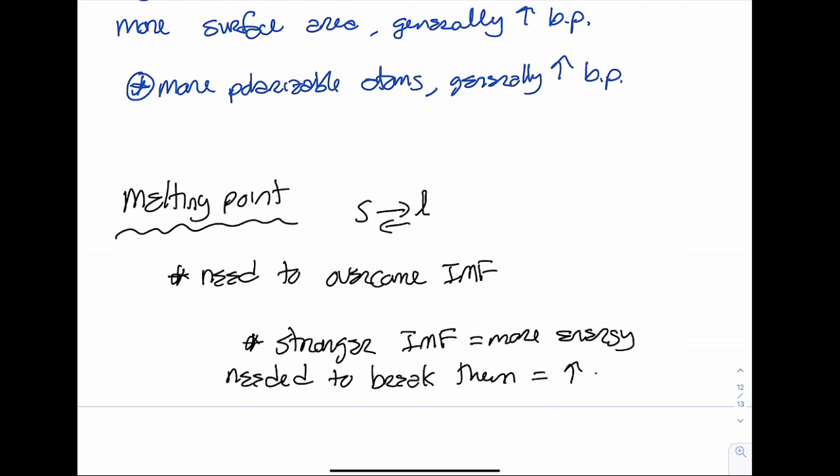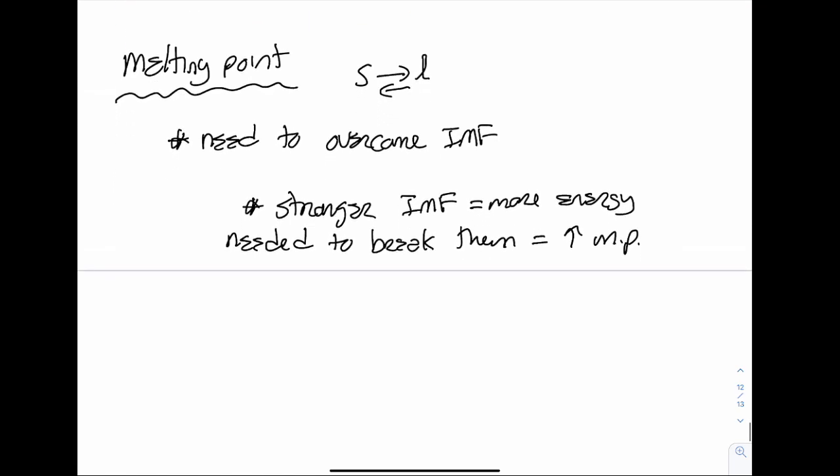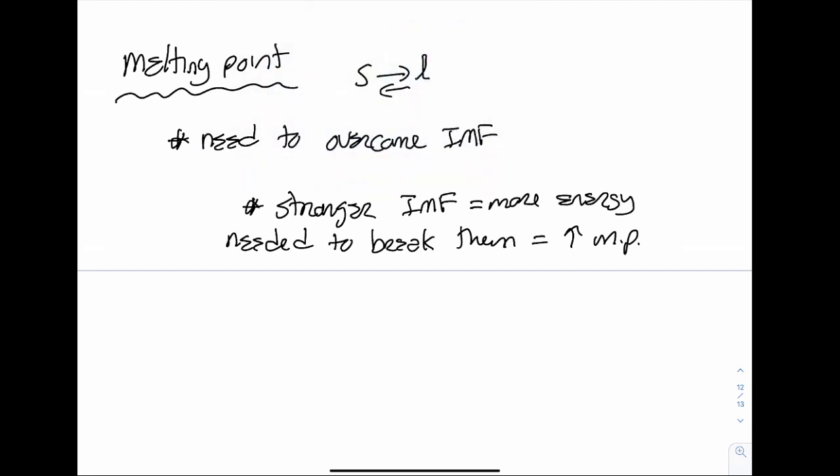So higher MP, melting point. This last little part that I'm about to add is where it gets a little confusing, because this is going to be different than we had with our boiling point. So with the same functional group,